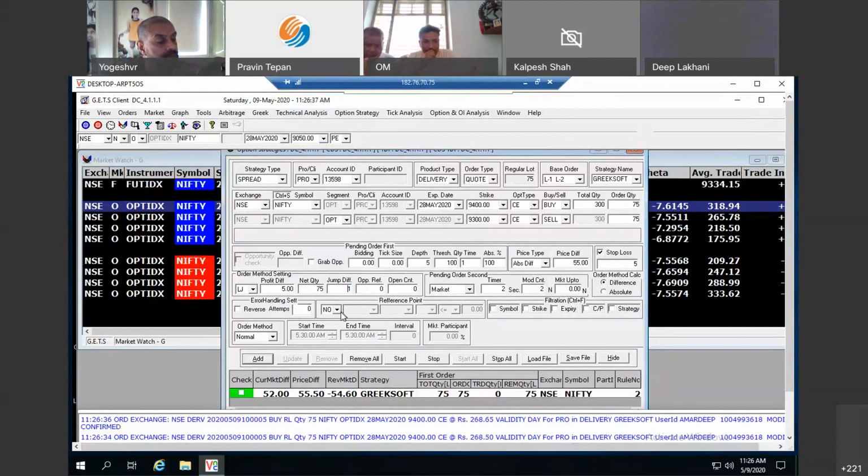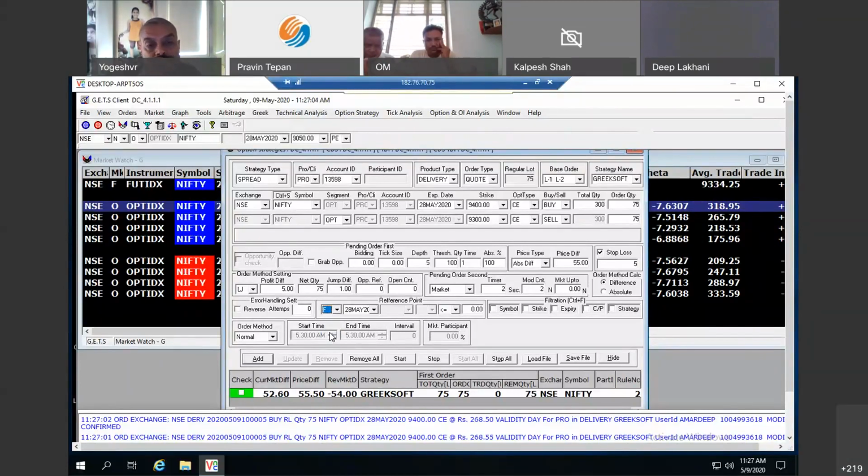Moving ahead, there's also a reference point. So say for example, I wanted to execute a particular strategy, a spread at a particular price, but not now. I have on my mind a resistance or a support, and I want the system to execute this particular strategy only when, say for example, I choose here, you know what, I want to trade this at 55 or say 60 rupees, but not now.